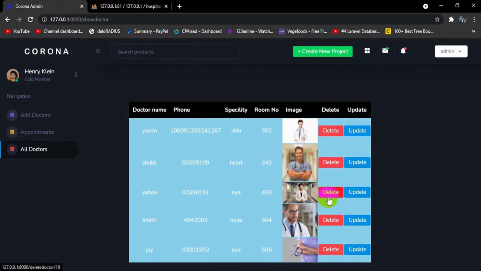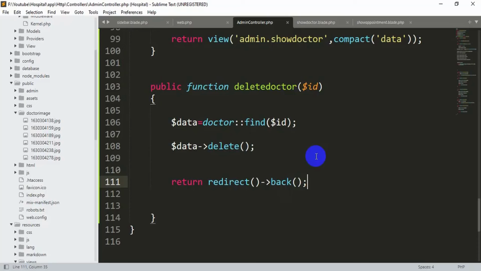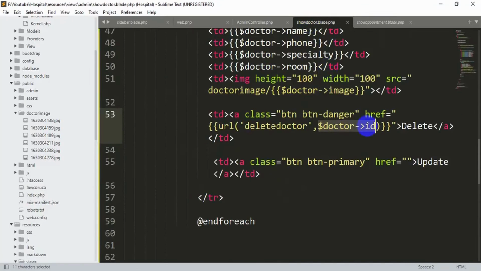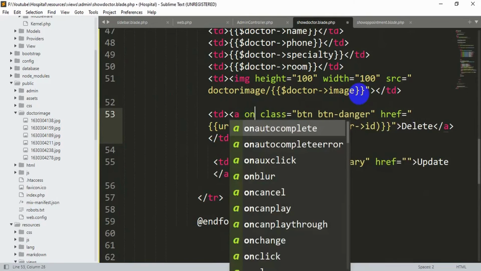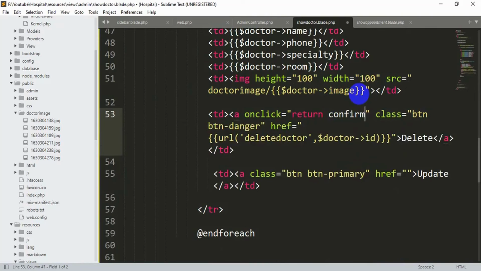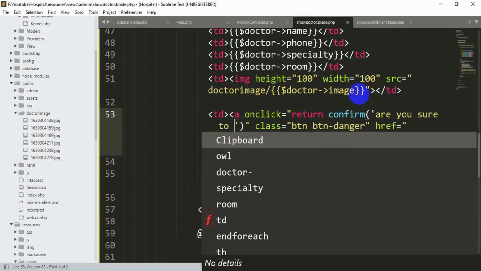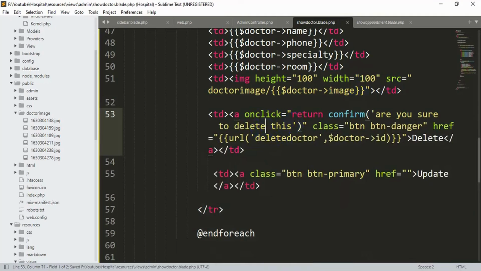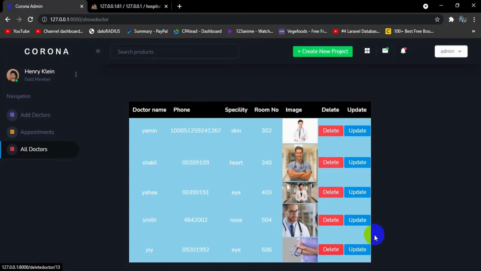Now the admin may accidentally click the delete button. So whenever the admin clicks this delete button, it should show a message asking are you sure. For it, let's go back to our code, go to our show_doctor.blade.php, and inside this anchor tag we are going to say onclick, then return confirm, and inside it we'll give two brackets, and inside it we'll say 'Are you sure to delete this?' If we save it now and refresh, and click the delete button,